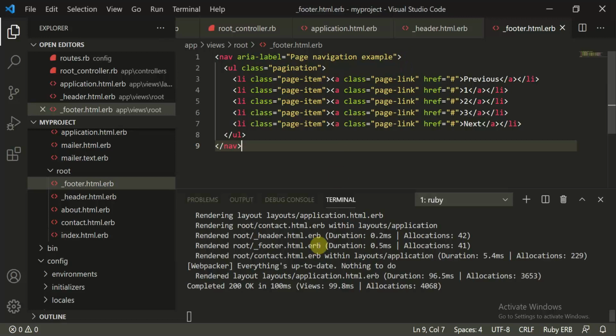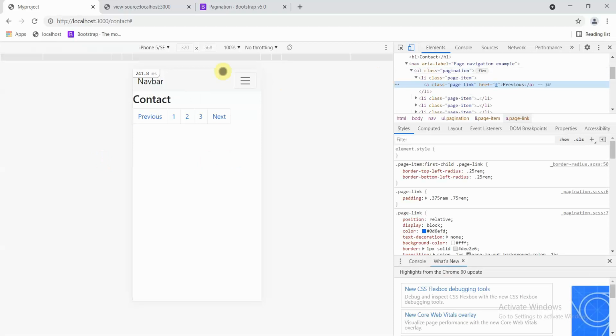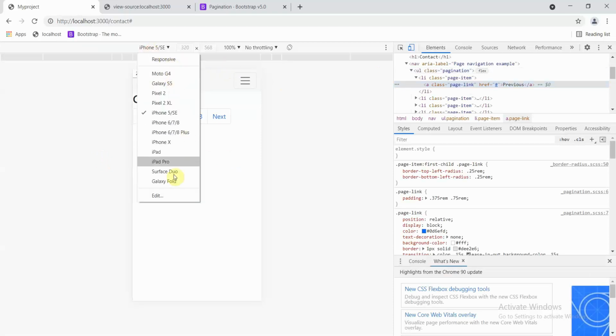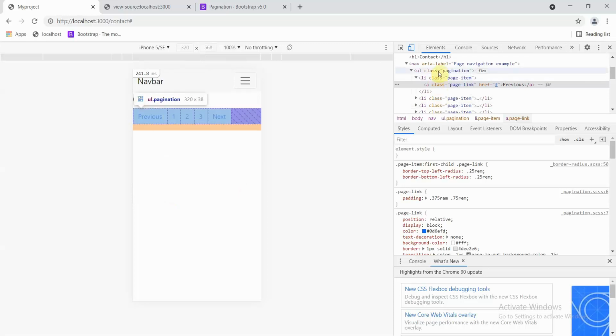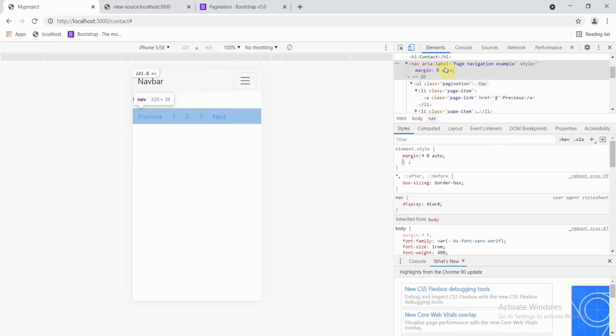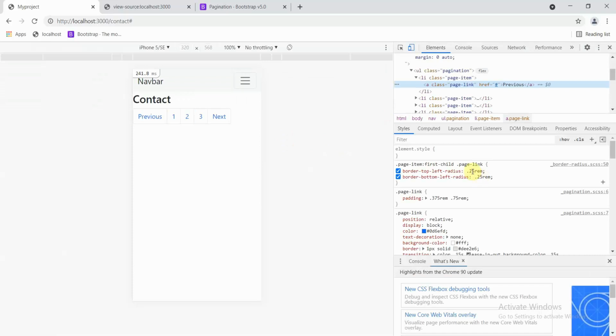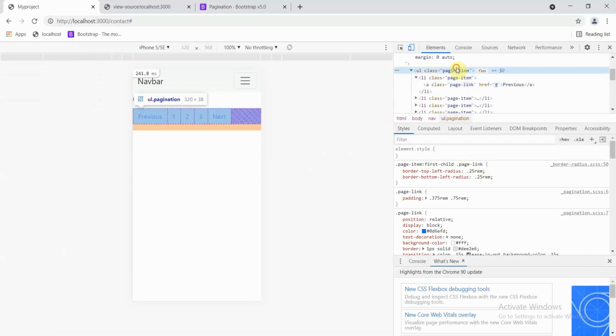If you want to edit some CSS here, you can click on inspect element. This would open the Chrome developer tools, and if you want to align this to center, you can set the element margin to 0 auto. You can try a few things out here, and this would surely help you out. This is how you can take care of things, and you can try different CSS here, like margin zero auto, anything you want. Just keep on trying things here. So basically this will really help you.